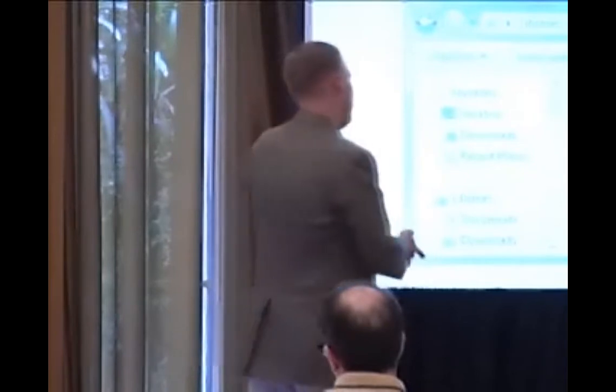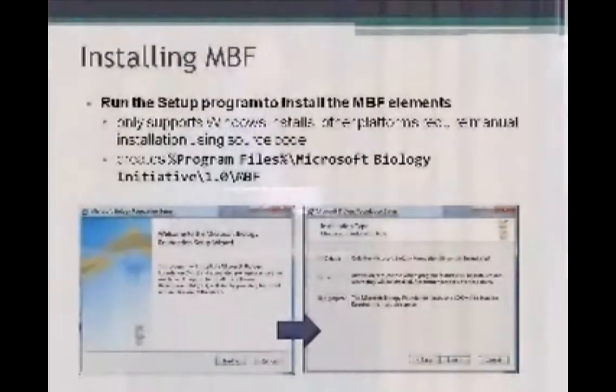But you can get a copy of Visual Studio from the DreamSpark program. All right, so it's free for academic use. As I understand it, and I'm not in the academia world, Michael can correct me if I'm wrong, you basically just send in or register with the DreamSpark program. You can download Visual Studio, Expression Blend, all kinds of developer tools for free and for your use inside of your research. Okay, but you will need a copy of Visual Studio 2010 in particular, which is how we actually build things.